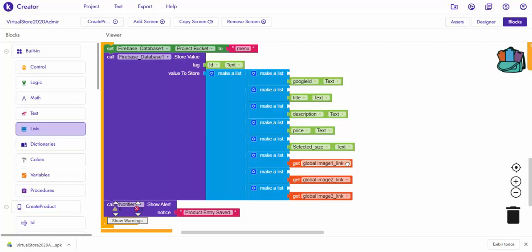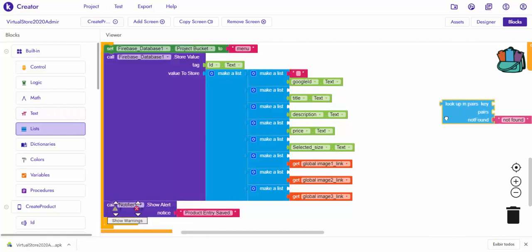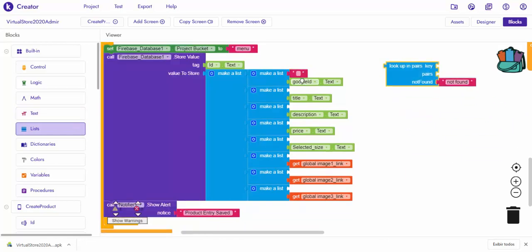In the main application, you're gonna have to create what we call a key, which is this thing here. What we save here on Google ID, you need to put this same information here in the key part. This one here is gonna be in the main application when you are in the specific product screen. So we need to create something. You can also use the same name, so Google ID